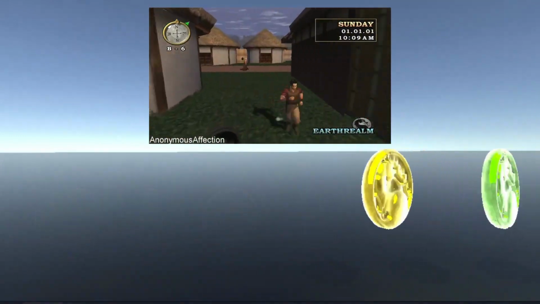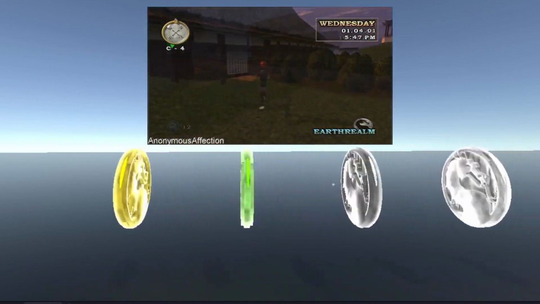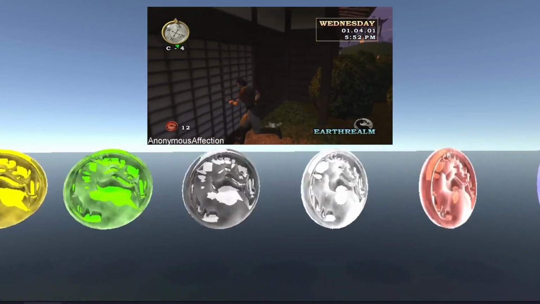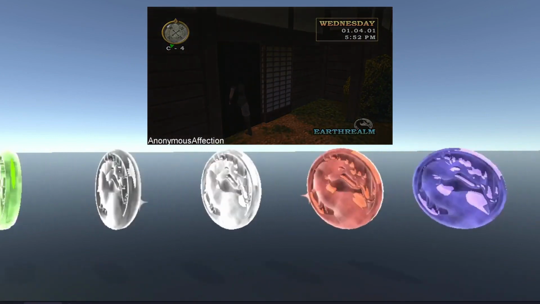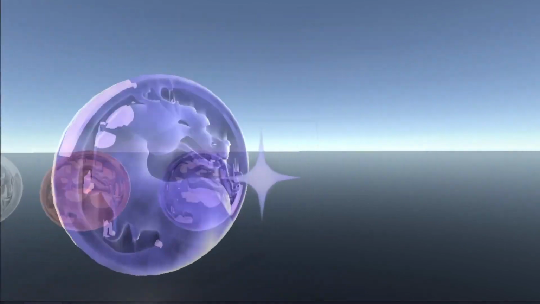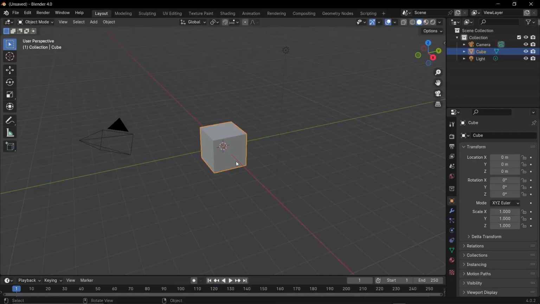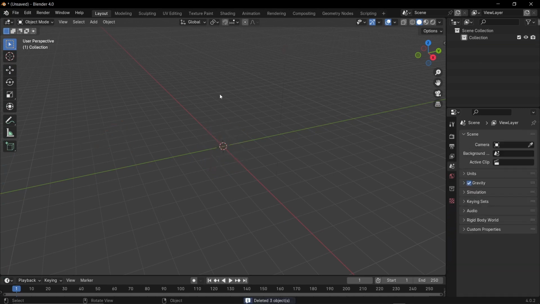In this tutorial, we're going to be making these shiny coins, and I'll break this down into two parts. In the first part, we're going to make the 3D model along with the procedural textures, and in the next part, we're going to make our own customized shader so we can make this cool stylistic effect. So let's get started. Okay, so starting off with a new project in Blender, delete everything here, and we're going